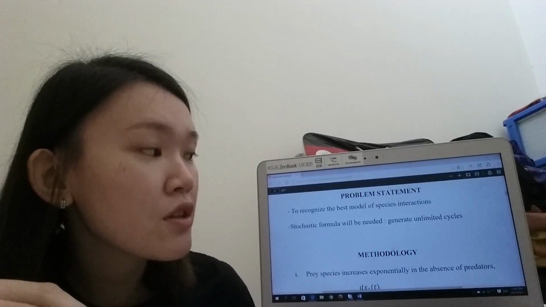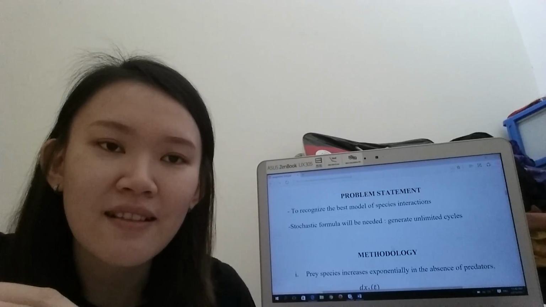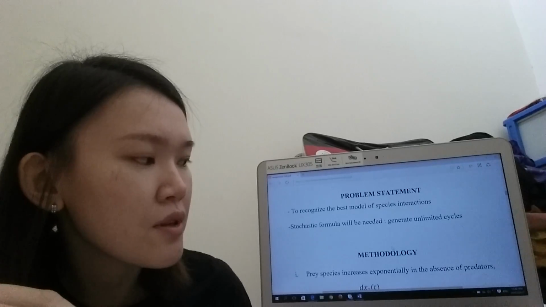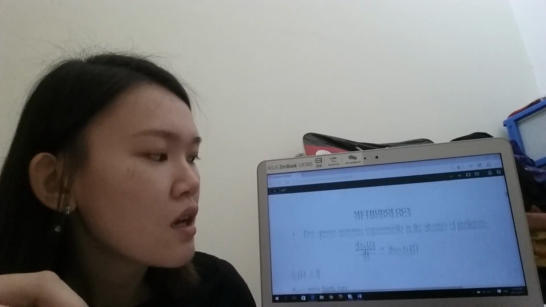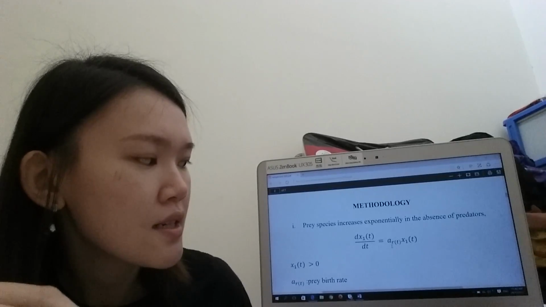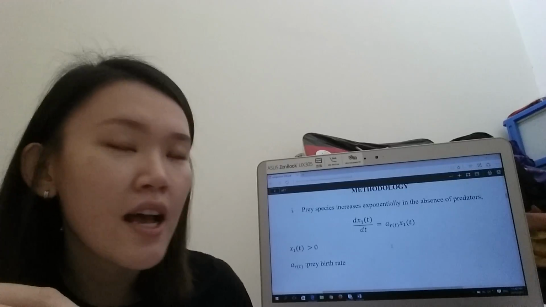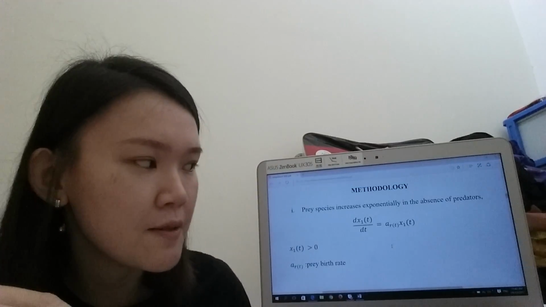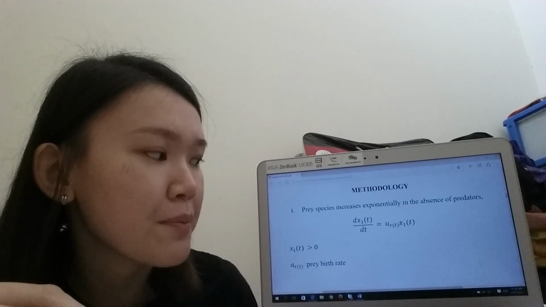For the problem statement, many researchers wish to recognize the best model of the species interaction, and the stochastic formula will be needed in this assignment. So for the methodology part, they have three assumptions here, where x1 represents the prey and x2 represents the predator. For the first one, prey species increase exponentially in the absence of the predator, and we